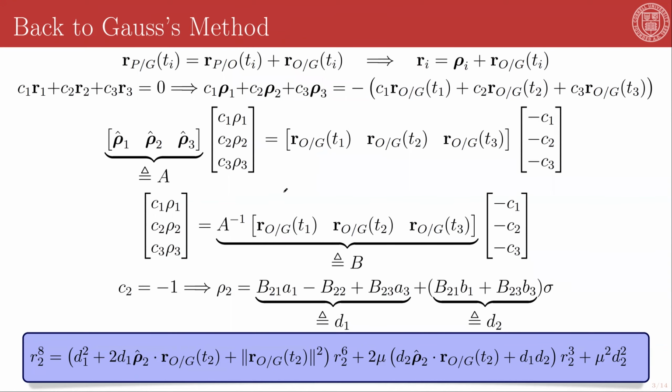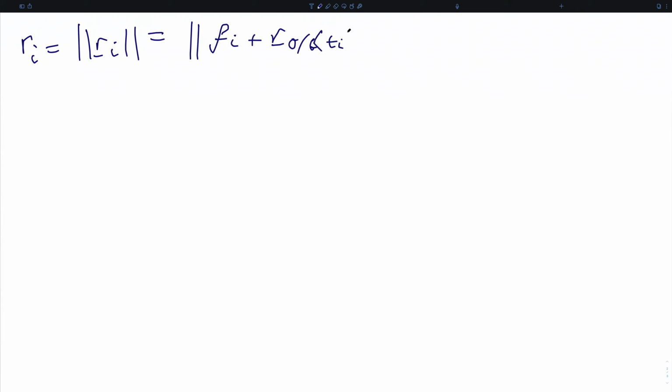Almost there. We have just one more step to take. Remember, R sub I, which is the norm of R sub I vector, has to be equal to the norm of rho sub I vector plus R of O rel G at the time T sub I. So we can apply the Euclidean norm and write